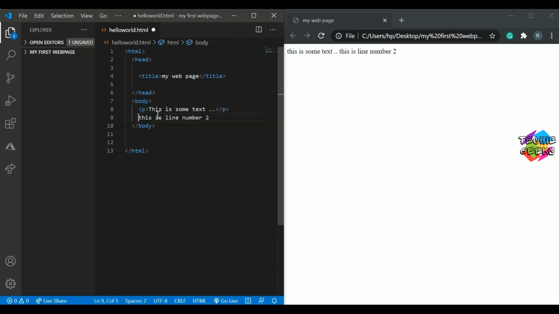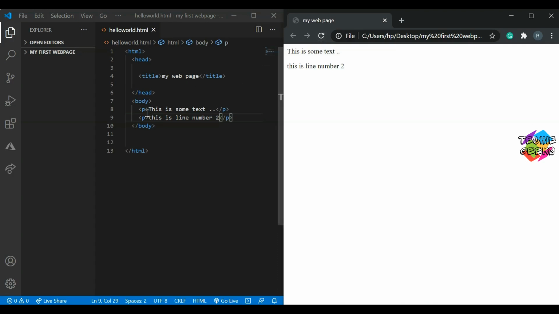And I will do the same thing for the next line. Let's save this and reload this web page. You will see that this is our first paragraph and this is our second paragraph. They both appear as different lines on our web page.